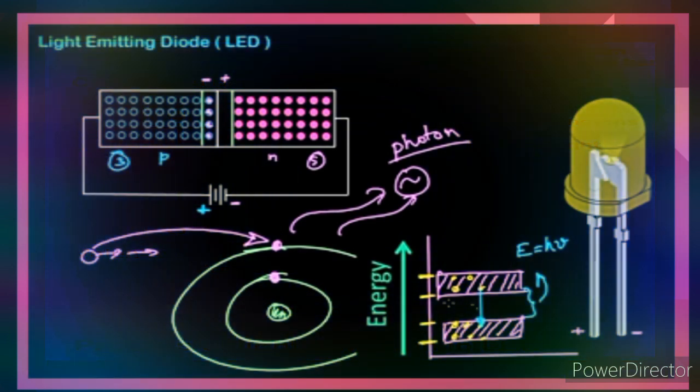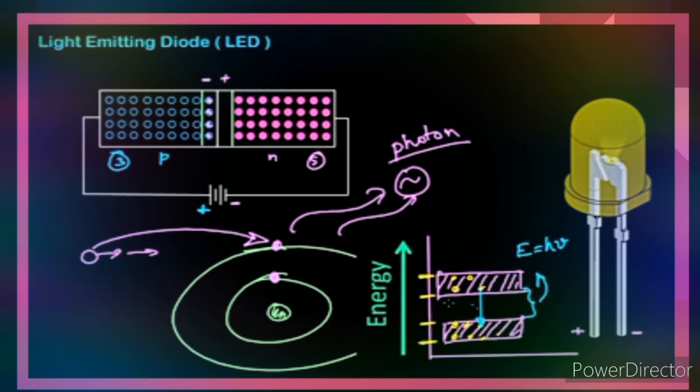The energy level of the valence electrons is almost the same. Grouping the range of energy levels of the valence electrons is called the valence band. In a similar way, the energy level of the free electrons is almost the same. Grouping the range of energy levels of the free electrons is called the conduction band. The energy level of free electrons in the conduction band is high compared to the energy level of valence electrons or holes in the valence band.